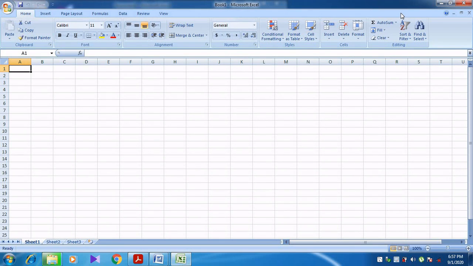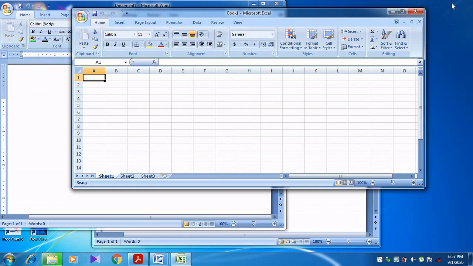When I click on maximize, what is meant by maximize? Maximize means the entire screen. Excel is filled with the entire screen. If I want to restore, meaning going back to the original position and size, this is restore.